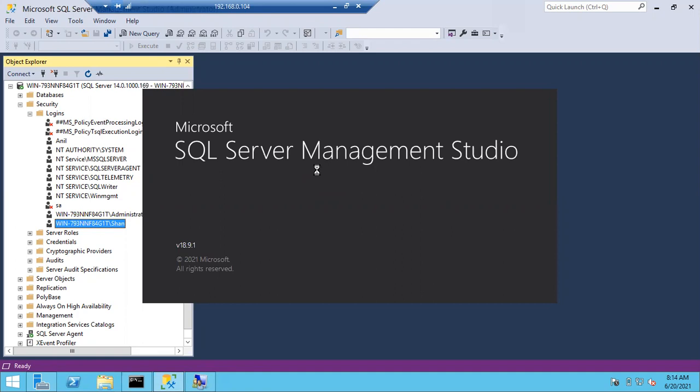Say, for example, Money is our external client. Money asked you to create a Windows login by taking all the approvals. Money simply raises a request to the DB team: hey, DB team, please create a Windows login. Now tell me, what is the first immediate step you will redirect Money to?